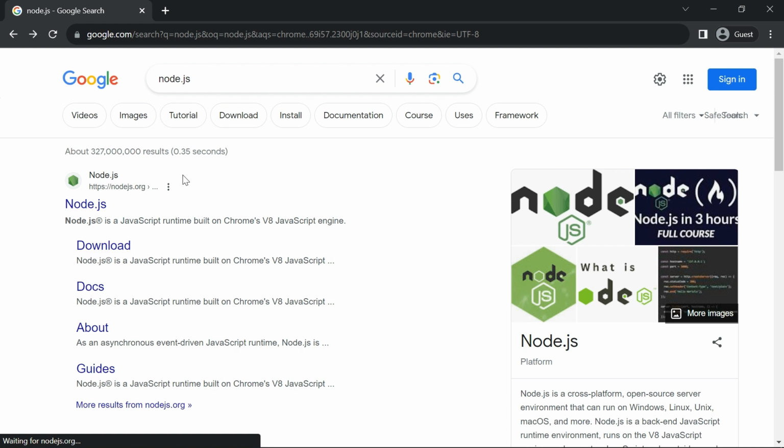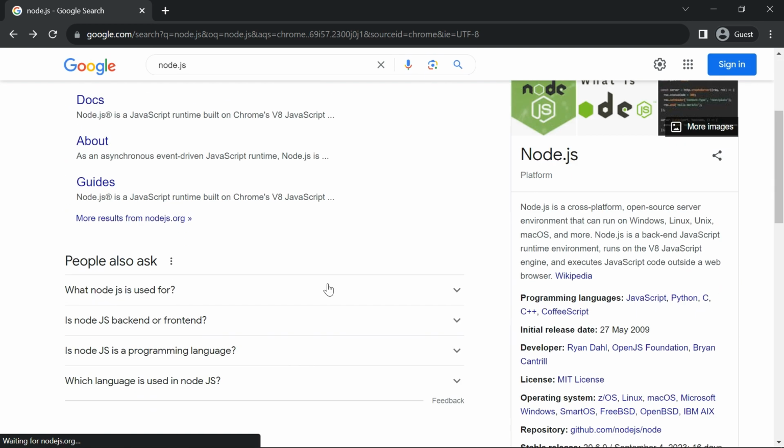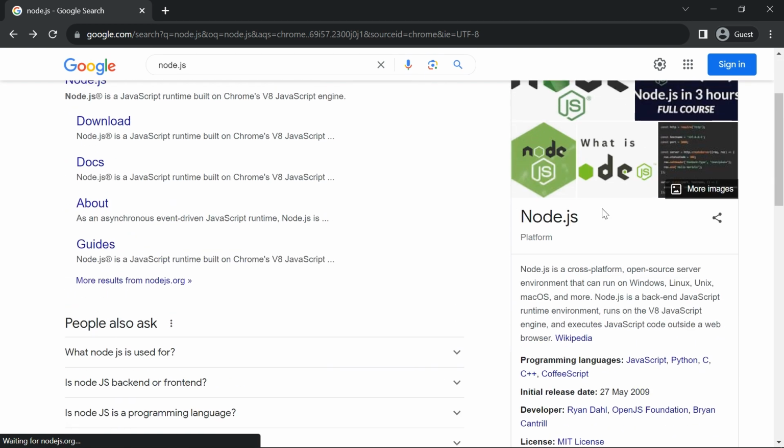As it is with my videos, I always love to explain the theory about the video before we dive into the practical. As you can see, I've opened my Google to tell you what Node.js is. I believe you should know that for you to even be watching this video, but for the purpose of understanding in depth, let's quickly understand what Node.js is all about.